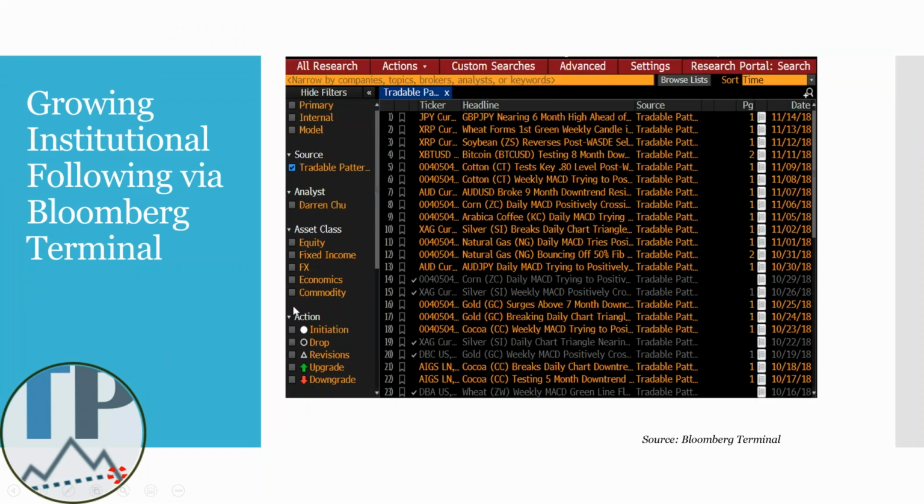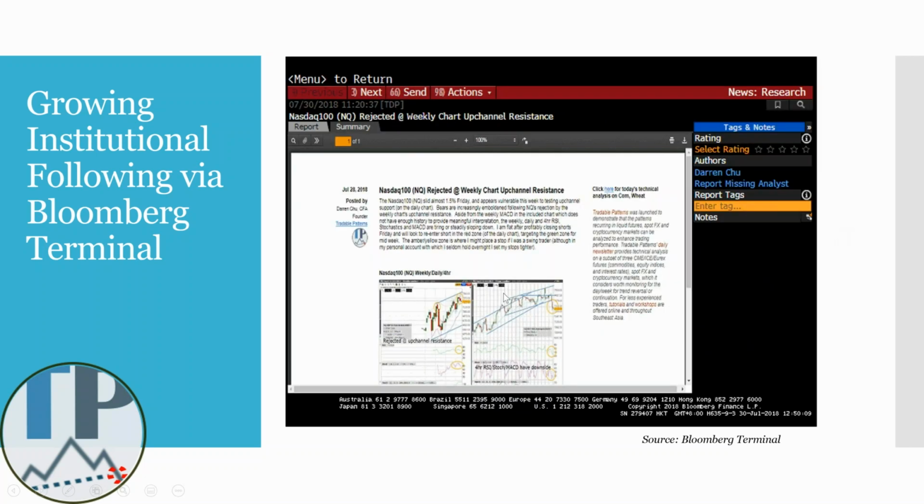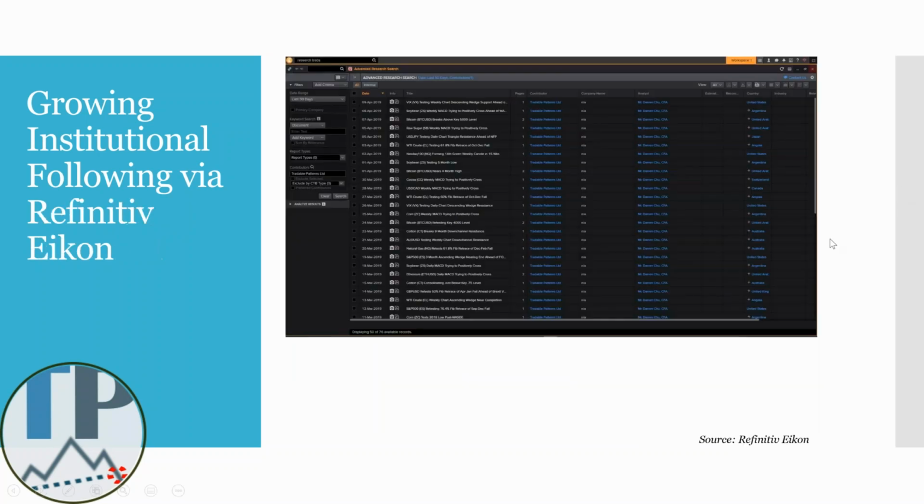Okay, so when you're logged in to a Bloomberg, my content basically displays the same way any official news would. If you do have access to a Bloomberg terminal, you can just type Tradable Patterns and all my content pops up. When you click on one of the headlines, it pops open a PDF, which is formatted more or less as it would